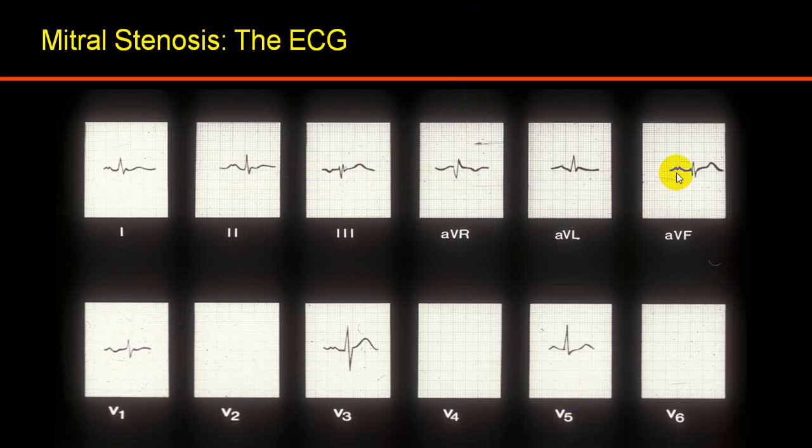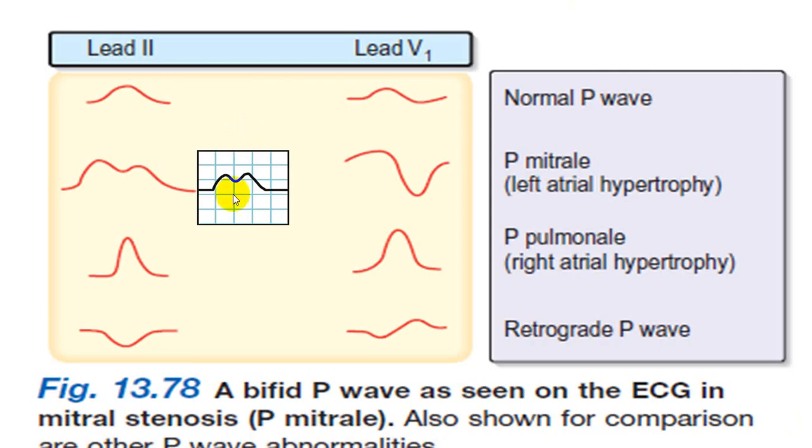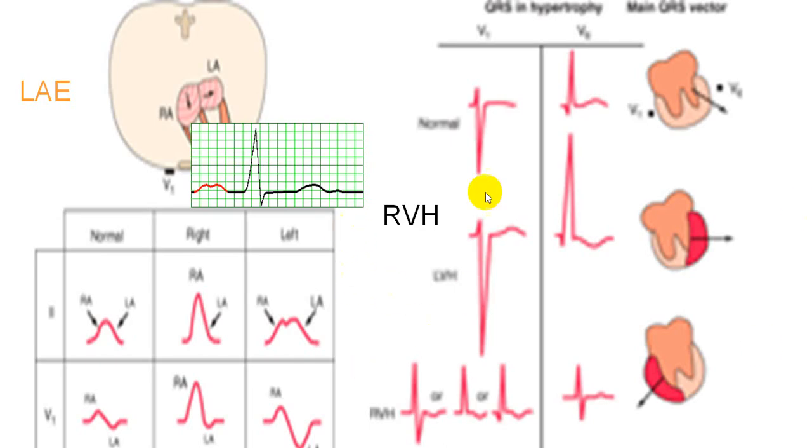You can see here broad and notch, best seen in lead 2. See here also it is seen very clear. So this type of notch P wave will be seen. It is called P mitral. So you will have a P mitral, and in